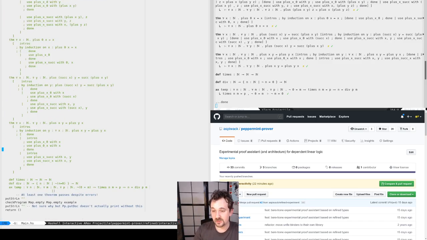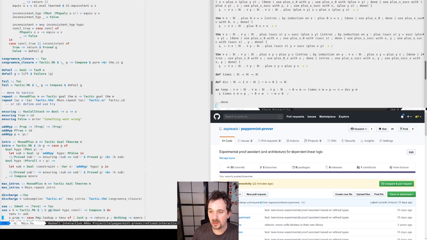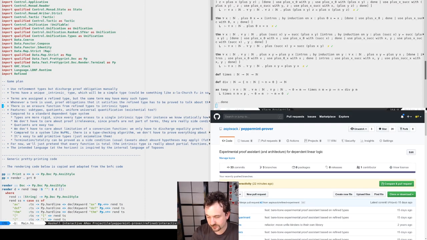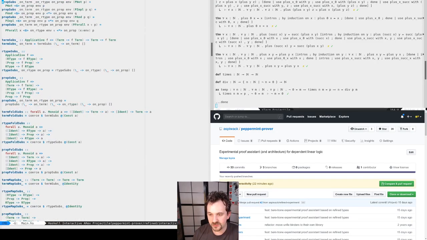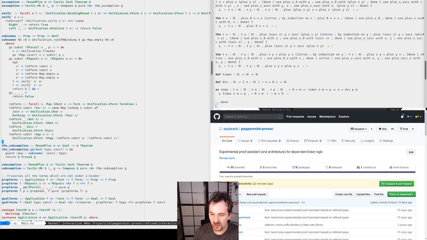Wrongly. Okay, so the problem that we had was that in some cases the system cannot distinguish between a failed proof and a completed proof, which is unfortunate.